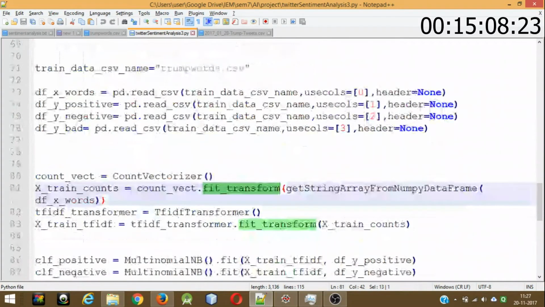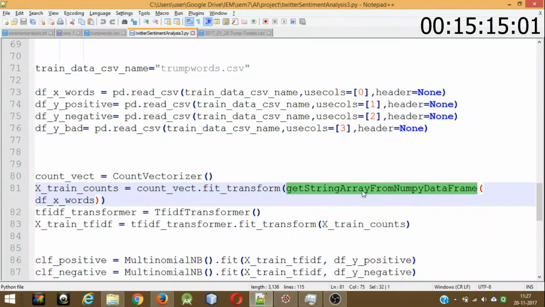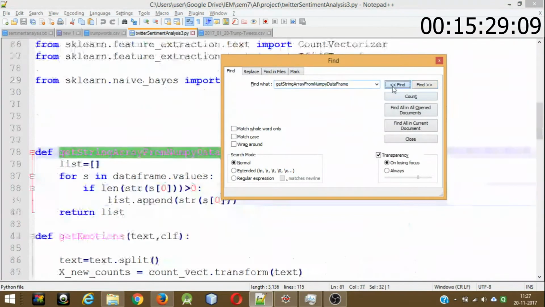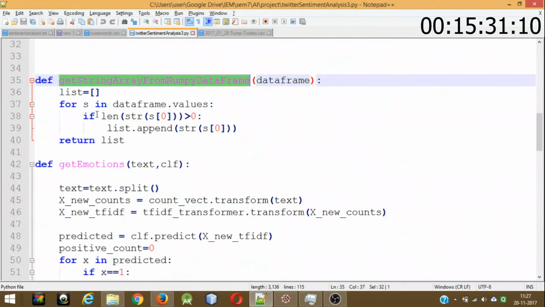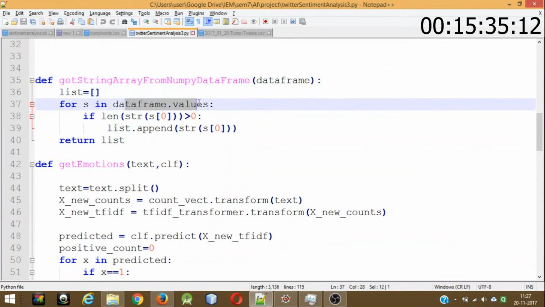And actually I have to explain something more. What this fit transform function expects is a list of strings, but I didn't really find any function which gives me a list of strings from a pandas data frame. So basically I made one. So let's see what I've written here. It's pretty easy actually. So it's expecting a data frame, and then for s in data frame dot values,